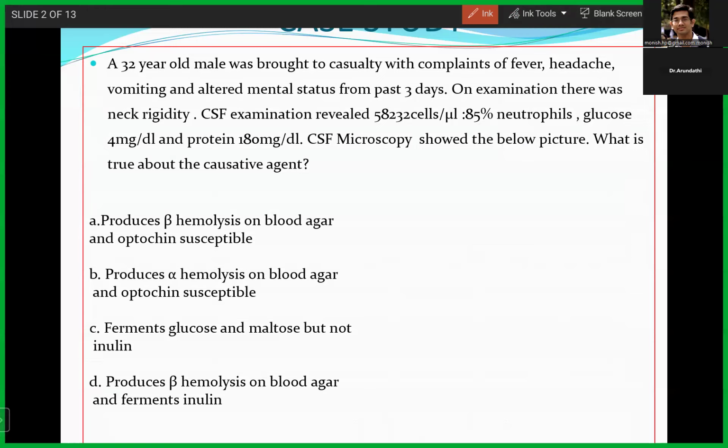As soon as you see alpha hemolysis, yes, obviously you should open your eyes brightly. And the next option,